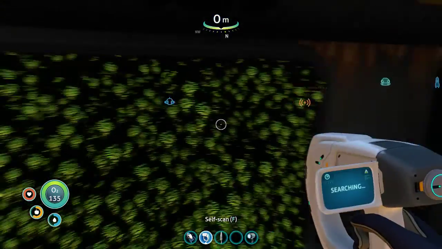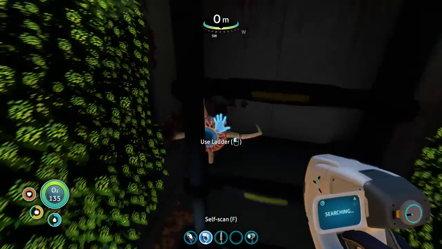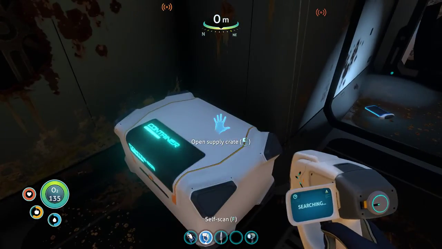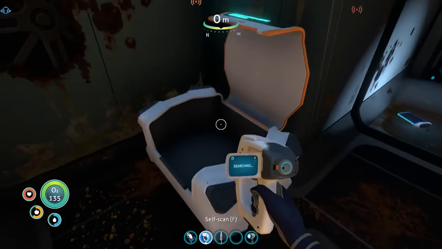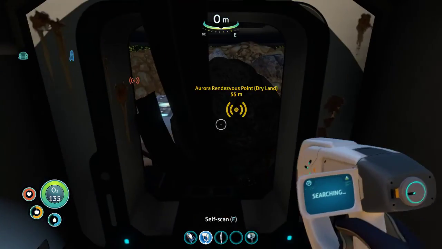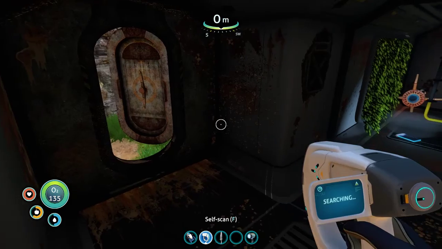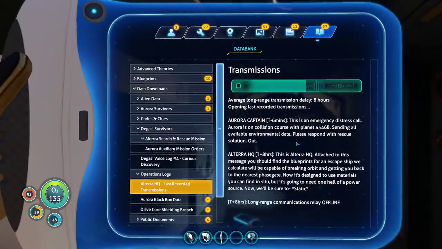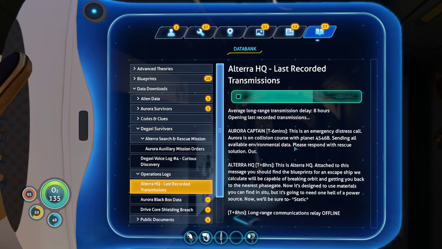Average long-range transmission delay 8 hours. Opening last recorded transmissions. This is an emergency distress call. Aurora is on collision course with planet 4546b. Sending all available environmental data. Please respond with rescue solution. Out. This is Altera HQ. Attached to this message, you should find the blueprints for an escape ship that we calculate will be capable of breaking orbit and getting you back to the nearest phase gate. Now, it's designed to use materials you can find in situ, but it's gonna need one hell of a power source. Now, we'll be sure to...